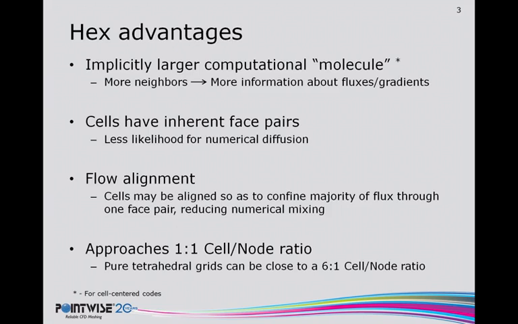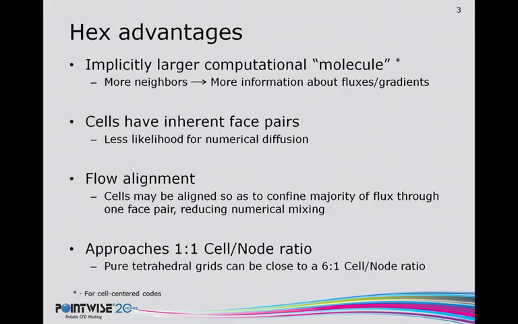And you can also have special properties not present in tetrahedral cells. For instance, face pairs. For an orthogonal hexahedral grid, face pairs can be aligned perfectly with the flow, and just by having pairs of faces as opposed to 4 somewhat randomly oriented faces, as you get with tetrahedral cells, you're going to have less likelihood for numerical diffusion. The flow alignment can be a big thing. If you have perfectly flow aligned cells, you actually reduce some of the computational errors introduced when computing fluxes across